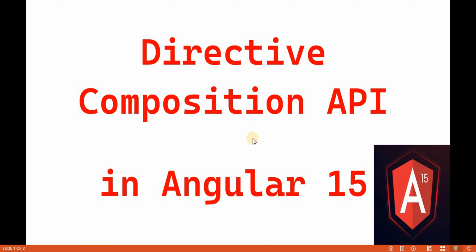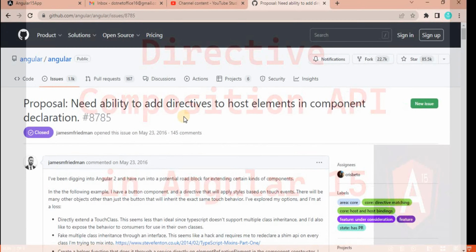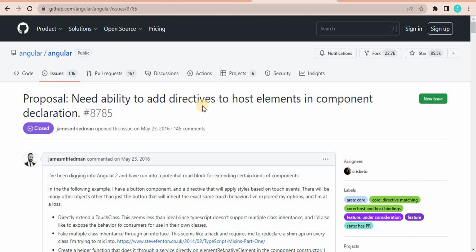Directive Composition API. This feature was introduced on the proposal of users or developers. What they proposed is that they need the capability to add a directive to the host element in the component